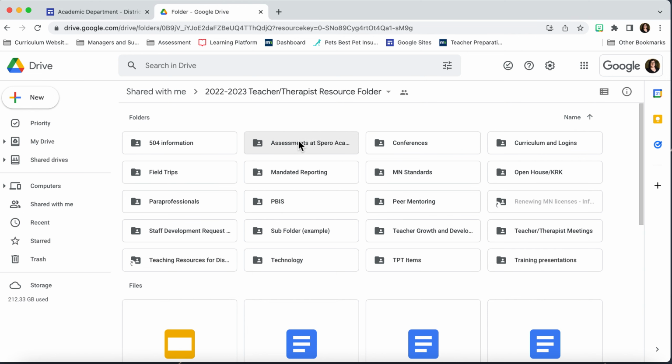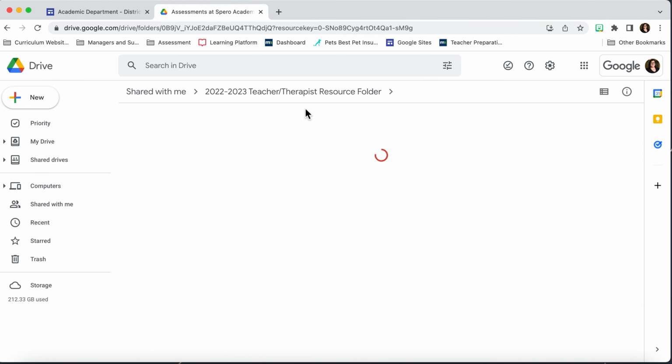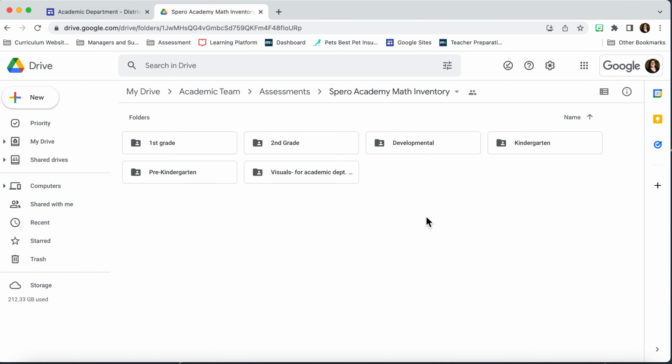Assessments at Spero Academy, and then we've got the Spero Academy Math Inventory. And the first thing that you'll notice is that it's divided up by grade level. So the SAMI goes pre-K, kindergarten, first and second grade. And then we also have the developmental level, which is a little bit different than the pre-K through second grade versions. So I'll tackle that one in another video, but for right now, we'll just talk about the pre-K, kindergarten,